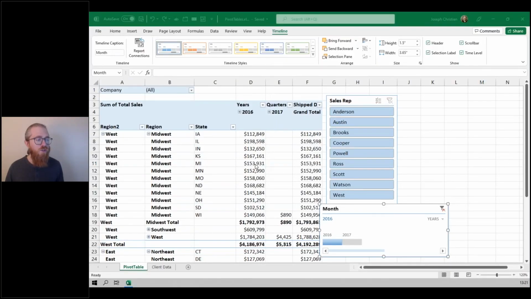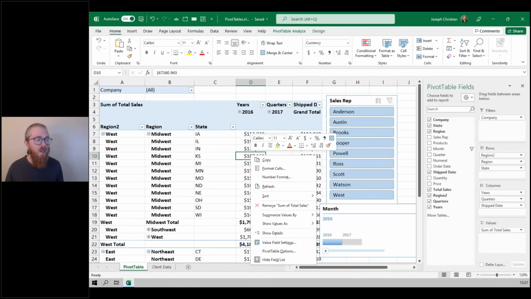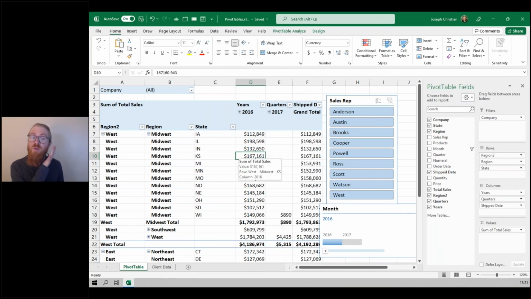Interesting question. I'm not sure. You should see options when you right click on a number, at least some of these in here. But I will say, if right clicking doesn't work for you, or maybe some people are on a Mac, I don't know Macs and how some of the things might be different in there. If trying to right click on the number doesn't bring those things up,